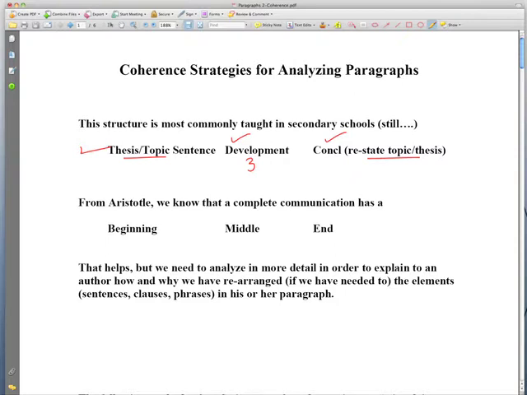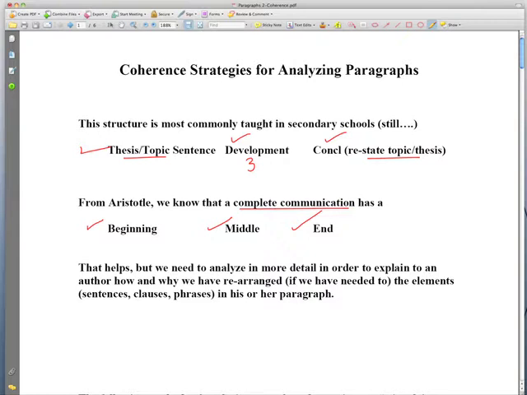who lived in Scotland, wrote a treatise about Aristotle's notion of the beginning, the middle, and the end. That is, that every complete communication has a recognizable beginning, middle, and end. Bain said, let's look at this and see how a paragraph, an ideal paragraph, what he meant by ideal was not a model for people to follow, but a heuristic paragraph. That is a model that allows us to talk about something that has many different structures.